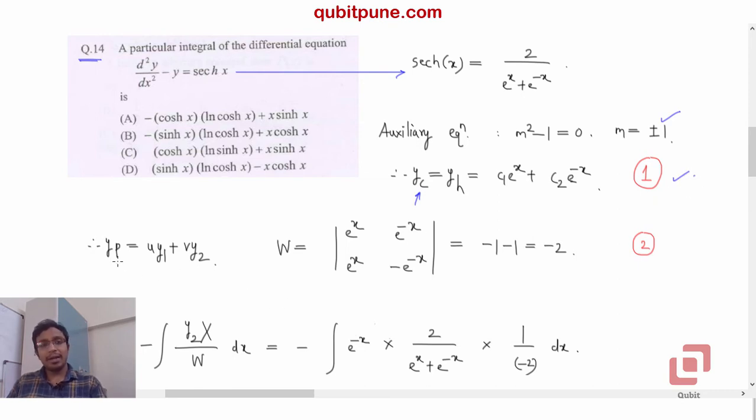Now we know that the particular integral yp has to be in the form u y1 plus v y2, correct, where y1 and y2 are now e to the power x and e to the power minus x respectively. So y1 is e to the power x and y2 is e to the power negative x. Okay, now let's first determine the Wronskian,